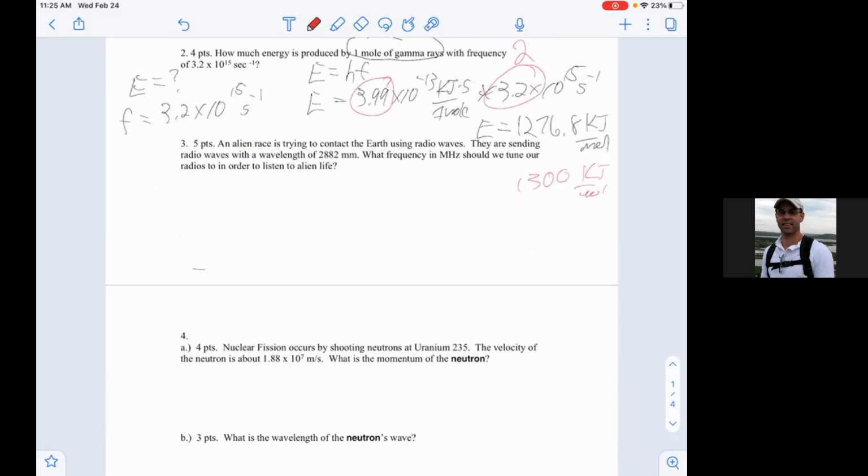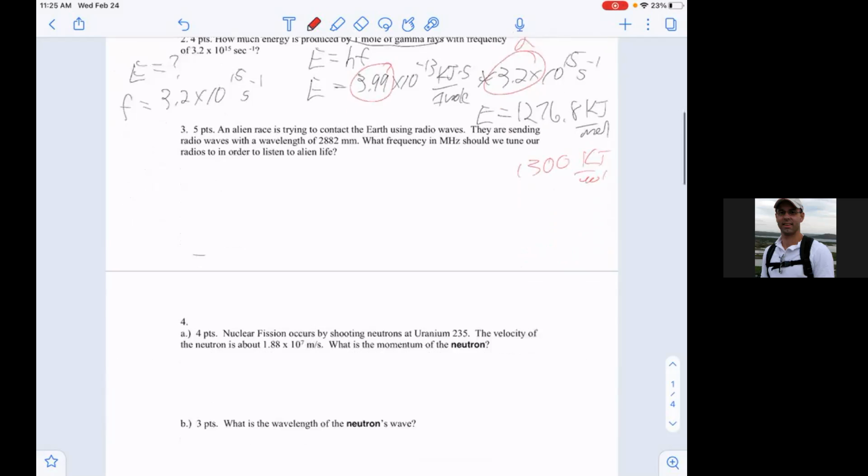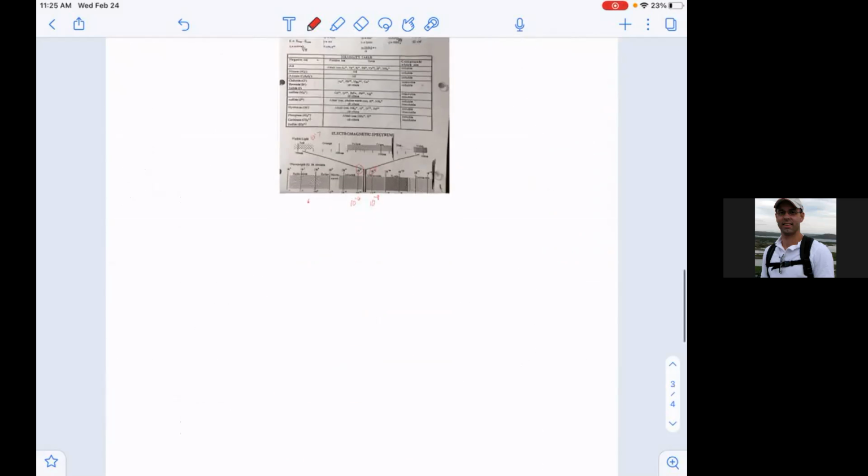Number 5. So one thing I'm trying to teach you guys is not just chemistry, but a process of solving. Like if I asked you to calculate the potential energy of a mass, and I told you that the mass of it was 15 kilograms, and the height of it was 4 meters off the ground,